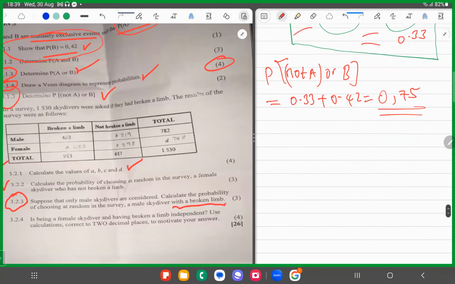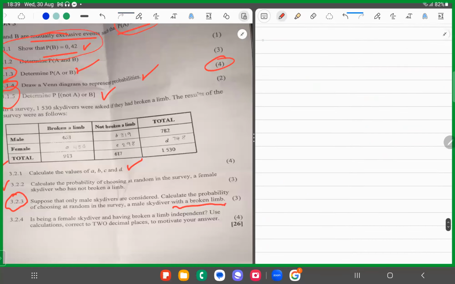Good. Let's look at 3.2.3. Right, so this one is very straightforward. Very straightforward. So now you continue and you say the probability of, in 3.2.3,